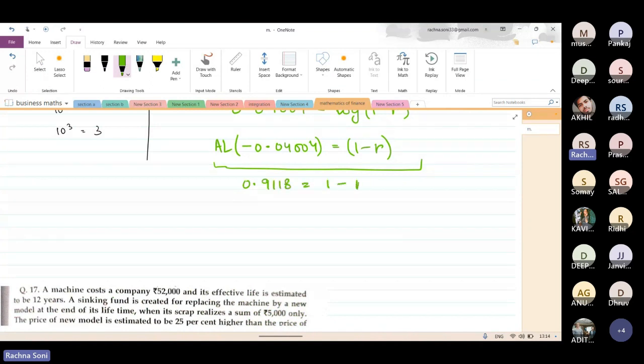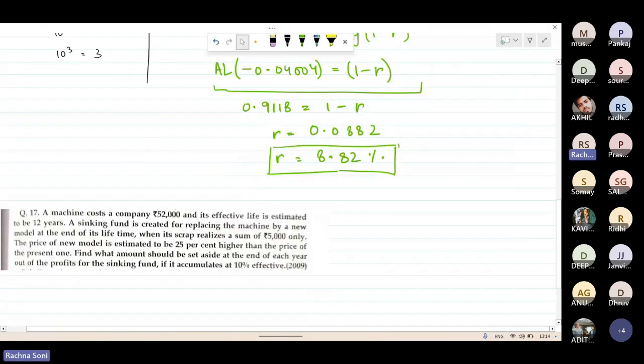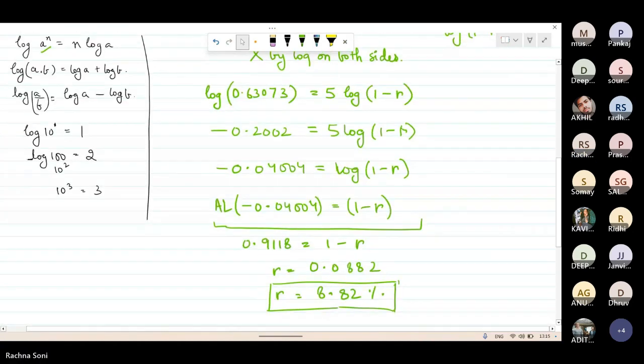0.9118 equals 1 minus r. The value of r will come to 0.0882. You multiply it by 100, you will get the percentage. It will come to 8.82%. So this is your average rate of depreciation of the asset. The question is not difficult, it just takes a little time to find the log and anti-log. Okay. And now